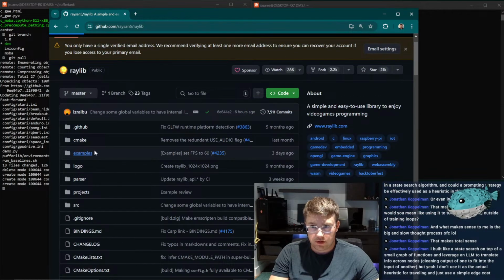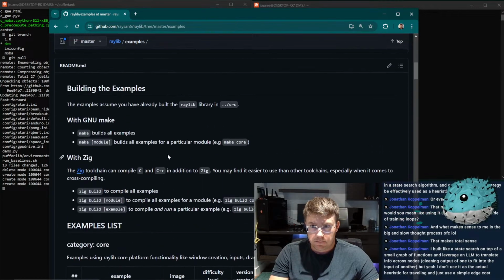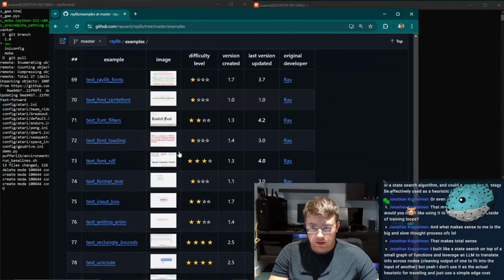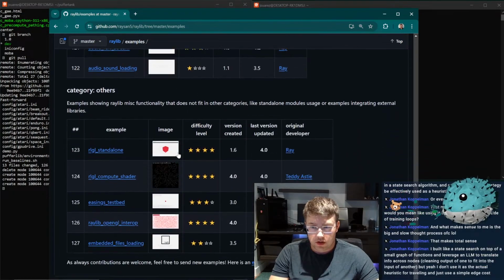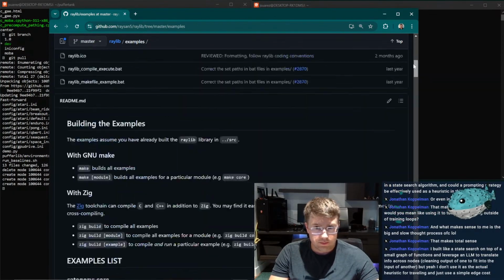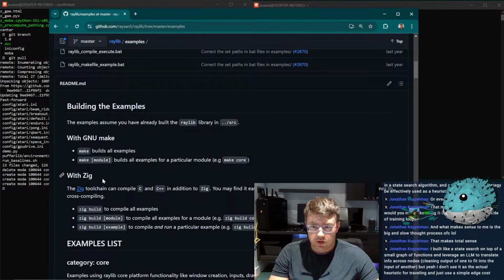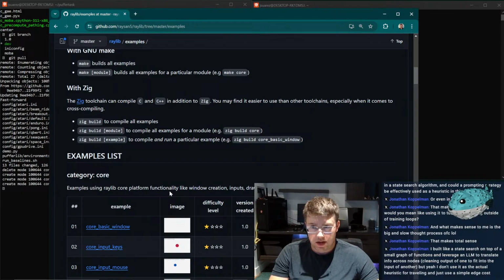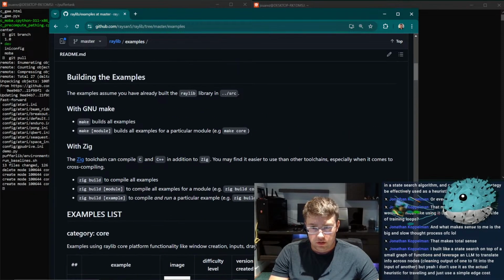Is it in just examples? Is it in the main repo? Okay, lots of examples. Where's the compilation stuff? Oh, this is cool. Wait. They actually have in the examples that you can just compile them with Zig. That's kind of cool. Okay, we might actually do that because I do want... It's either going to be this or Clang. I'm not writing C without at least some tools.